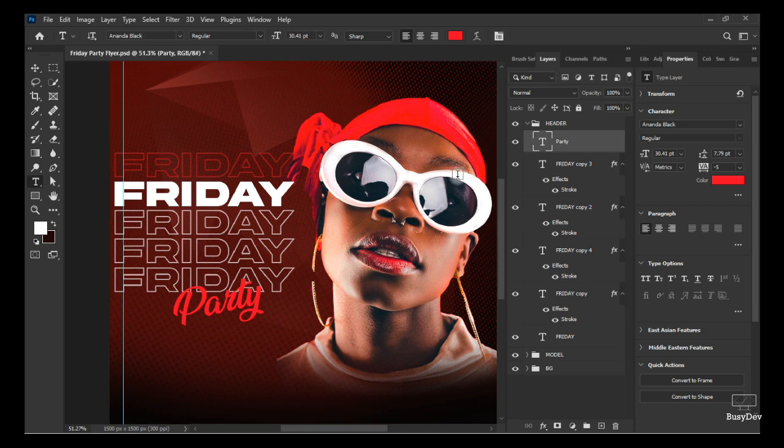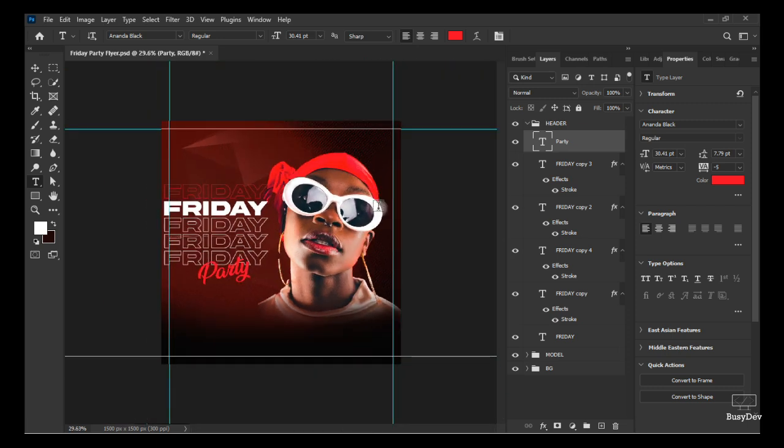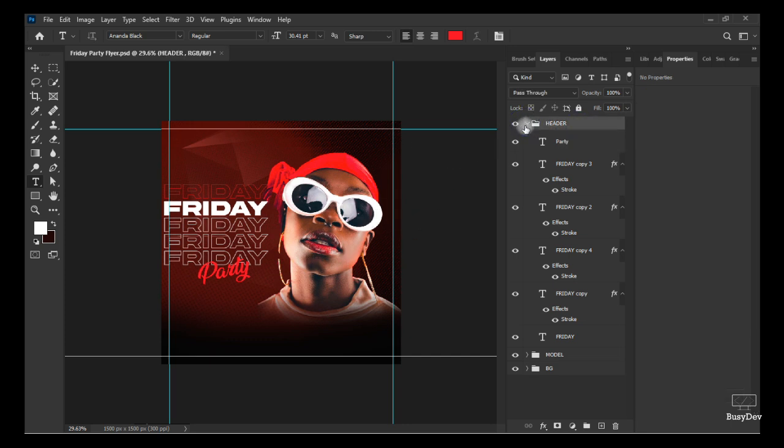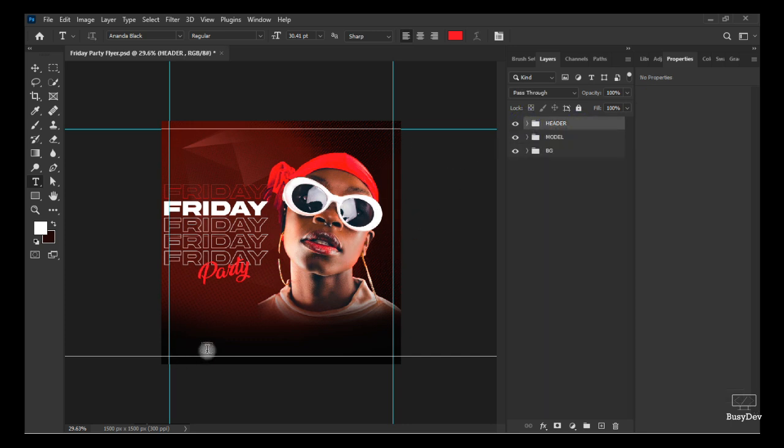Now, after doing that, we know that our text layer is now complete. If our text layer is complete, then we would have to zoom out so that we see everything we've done. I think at this point it's very great. But at this point this place is too black. You see, it's too black,